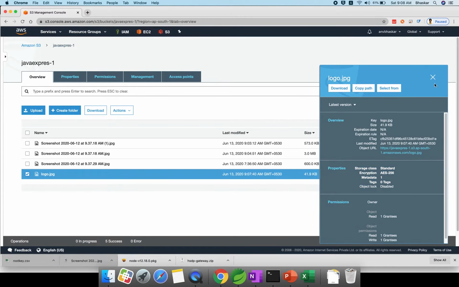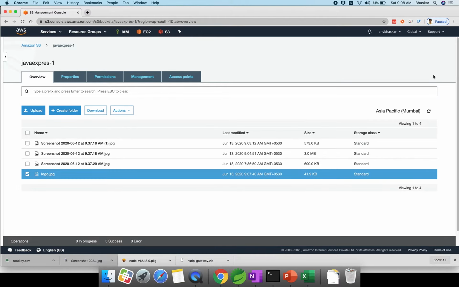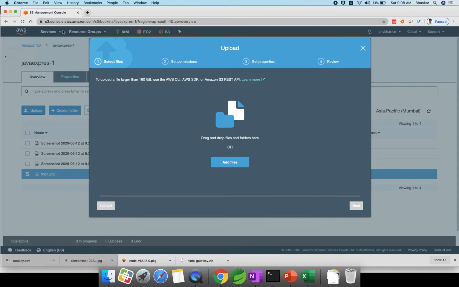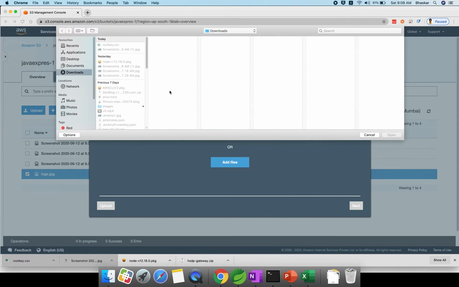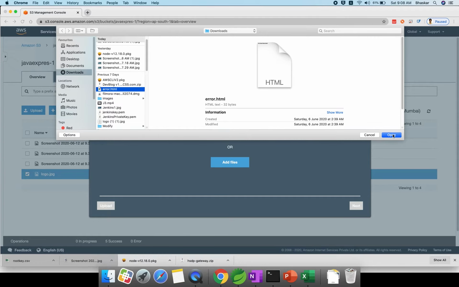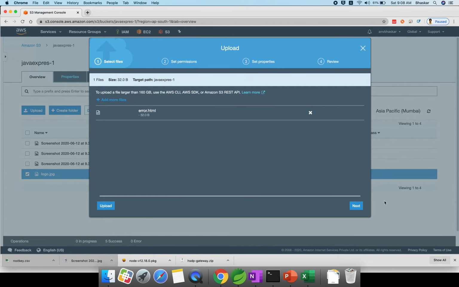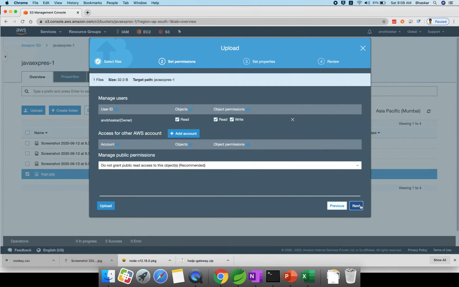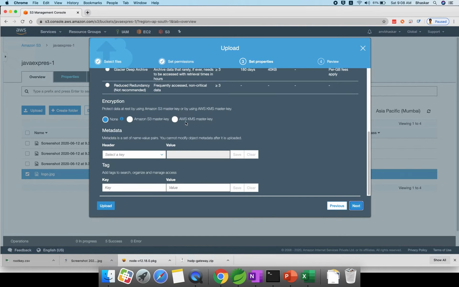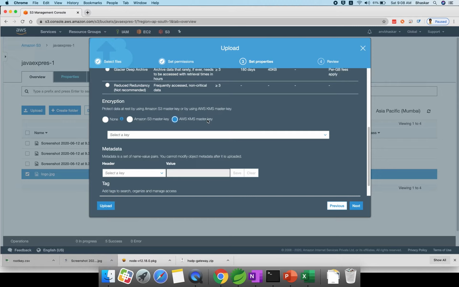Next, now we have one more, KMS. All right, go upload, add file. This time I will give some error.html file, upload, next. Here we have AWS KMS, which is a customer managed key, or key management service. How to create one, I will tell you.